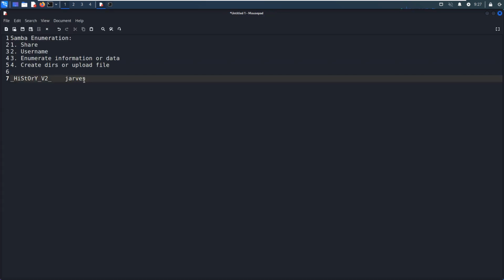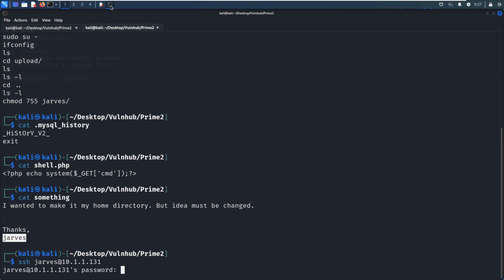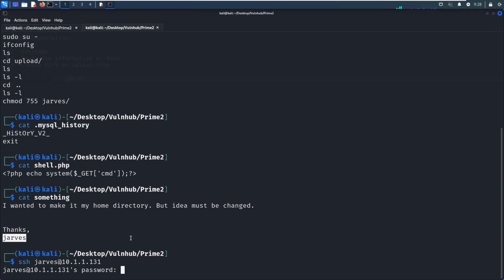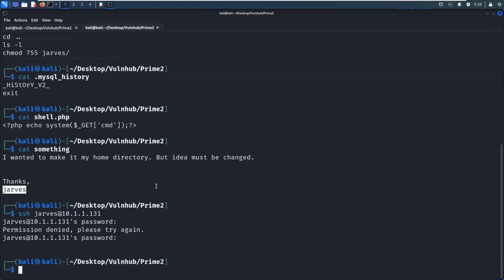This confirms our early discovery. So next, we can try to SSH to the target, and we can use the password. But I don't think it works.